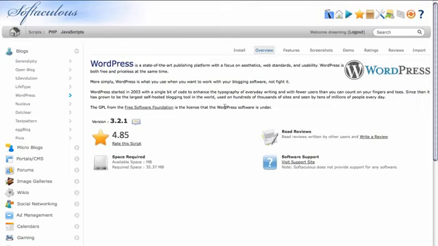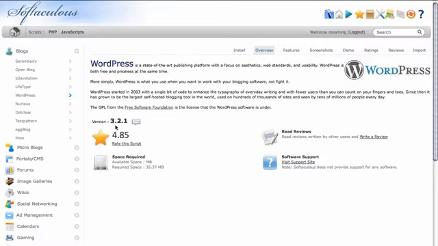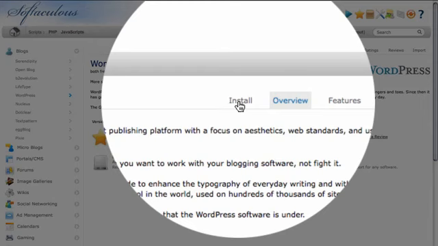We can skip this one pretty quickly. It is nice to note that this particular installer program is using version 3.2.1 of WordPress, and at the time that this video is recorded, that is the current version of WordPress. Most of these installers will install the current version for you automatically, but it is a good idea to check just to be sure. From here, all we need to do is locate the Install tab and click on it